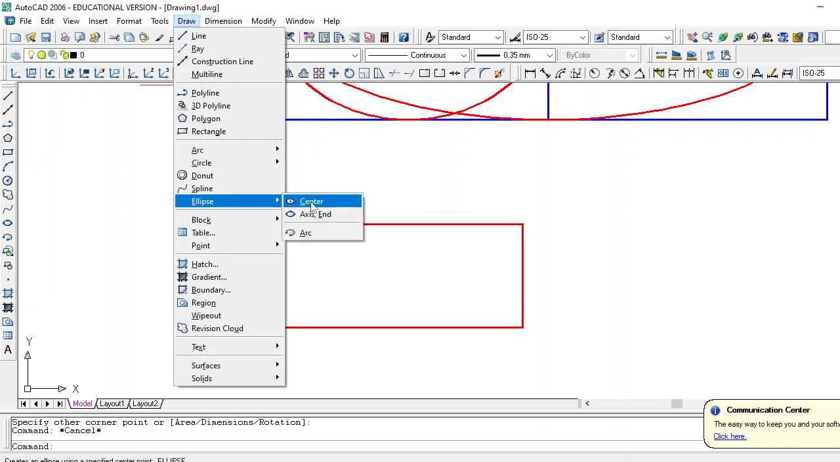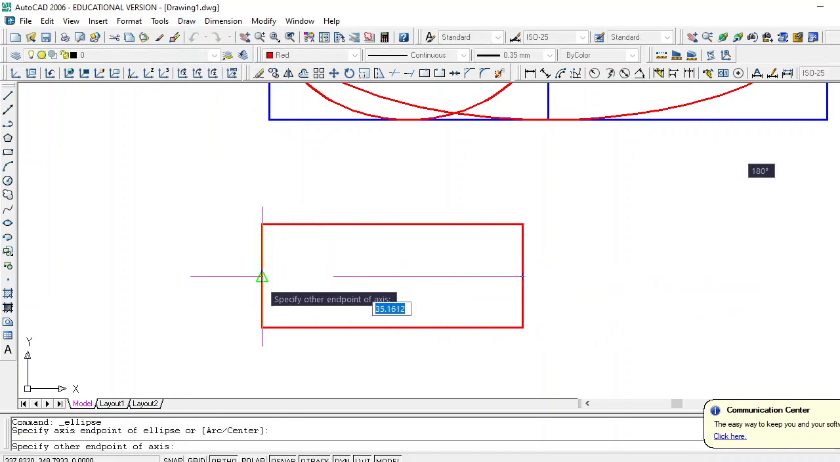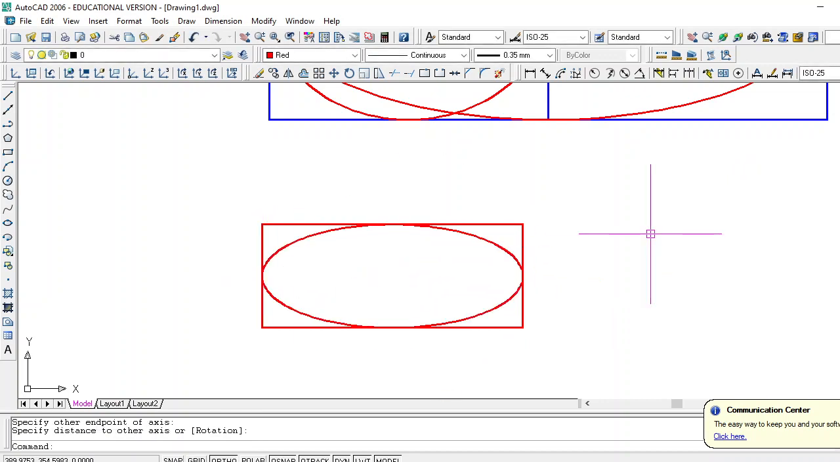So, ellipse, endpoint, endpoint, then with. Ganun lang. Okay, then